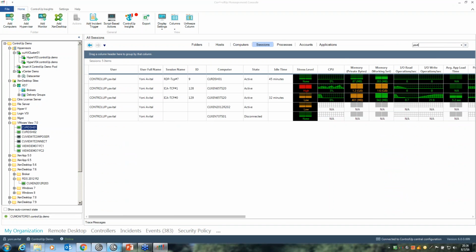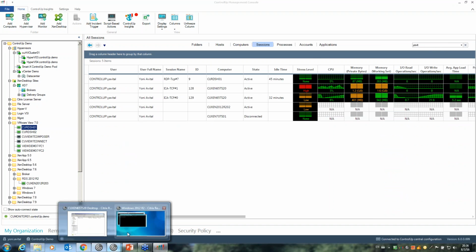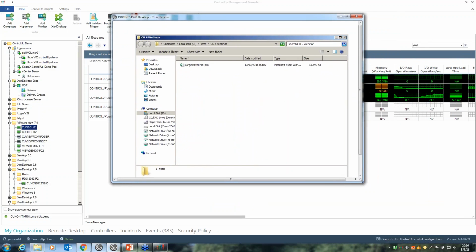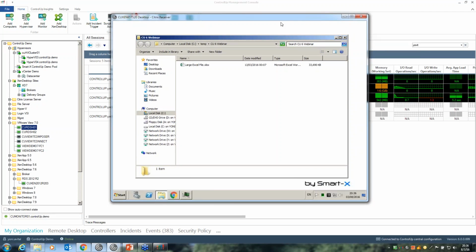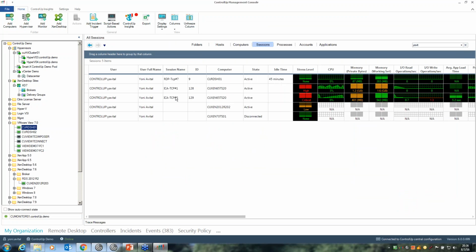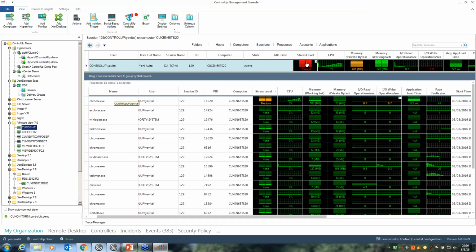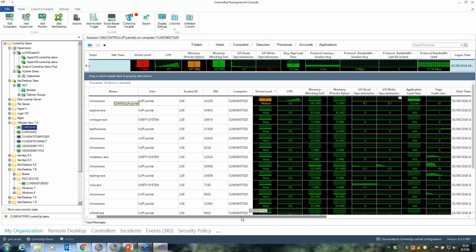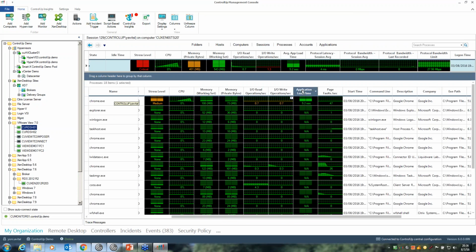So I have a session running in here. It's actually a desktop session. Okay, you can see it in here. It's a full desktop. It's a XenApp 6.5 server. It should be this guy. Let's see which guy it is. Right, so it will be this session here. Okay, so we can look at the session itself. We can look at the applications running in it. And you can see that right now the average load time is actually 5.2 seconds, which is explained by a single Chrome application that took 5 seconds